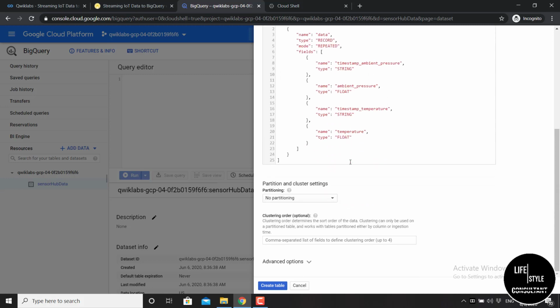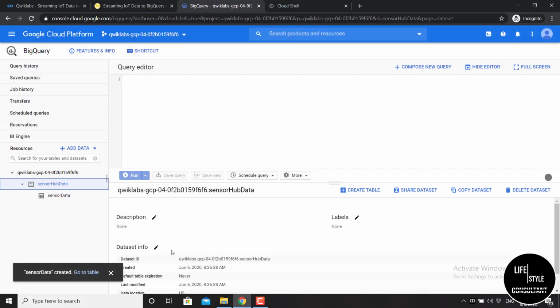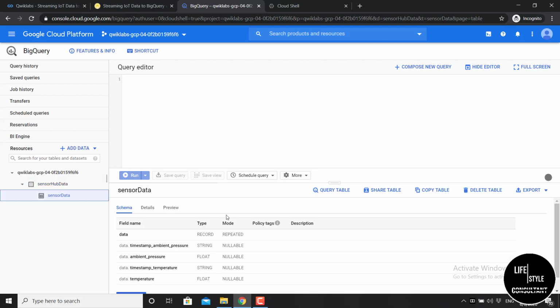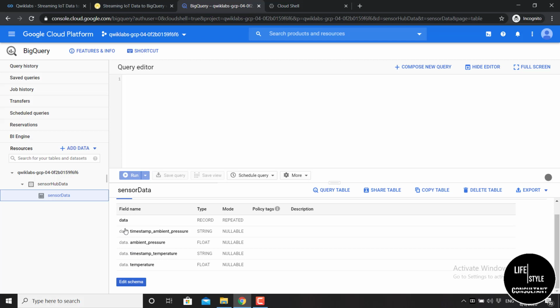Okay, after that, click here, create table. Okay, your table should look like this: data, timestamp, ambient pressure, timestamp, temperature.